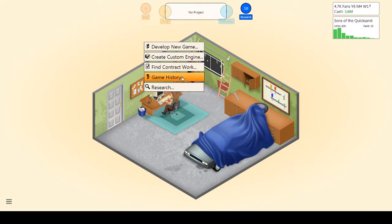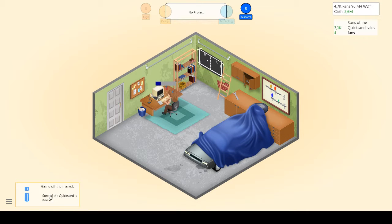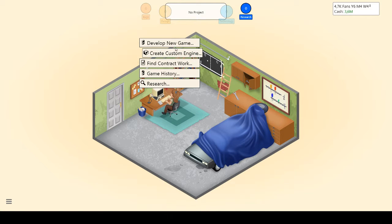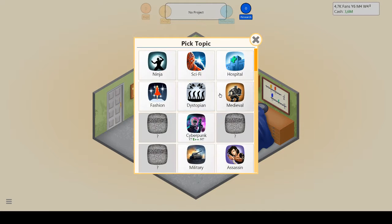And we got our 10 research points, so better dialogues. Let's go. Yep, another 500,000. Very nice. And we researched better dialogues, so we should... Well, now I would like to move to the other place, but apparently I only get to decide that when I finish the game. So we are making...